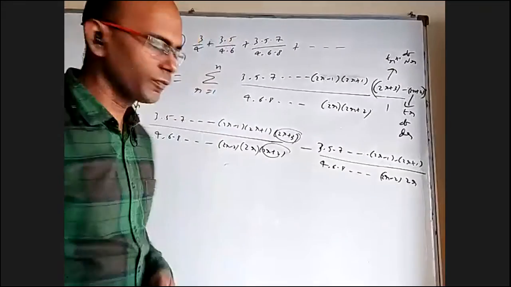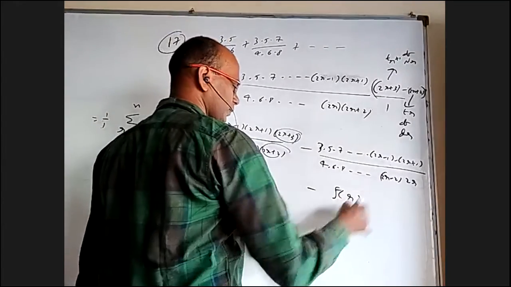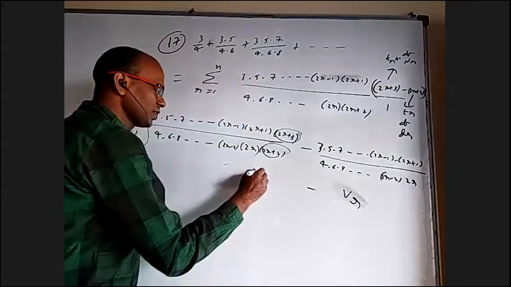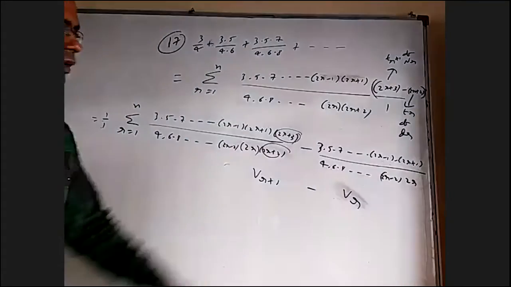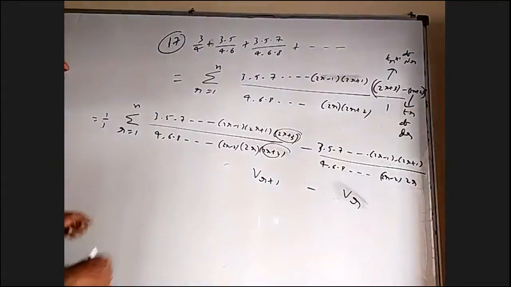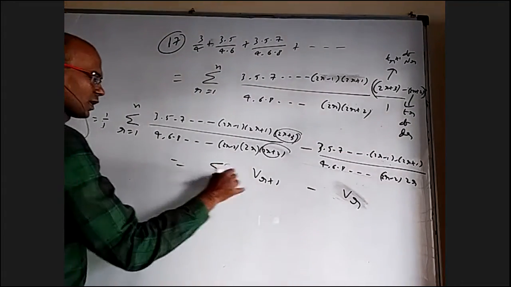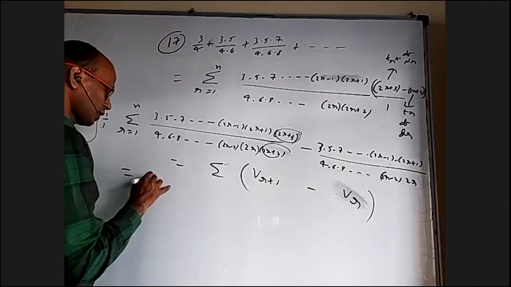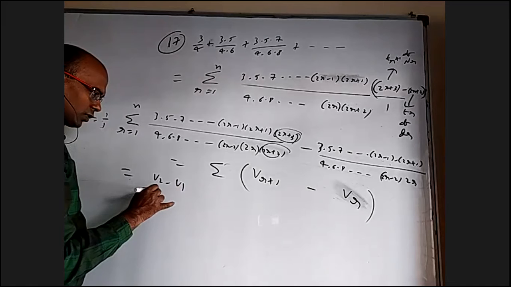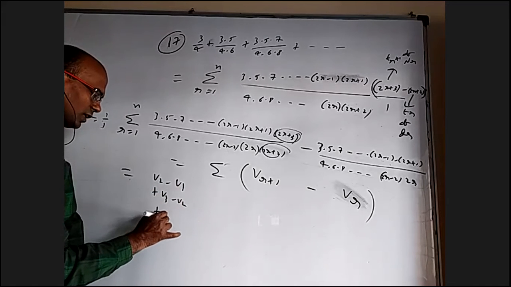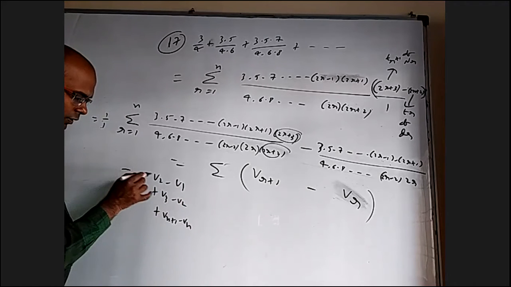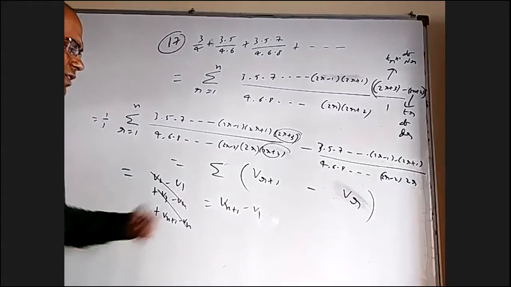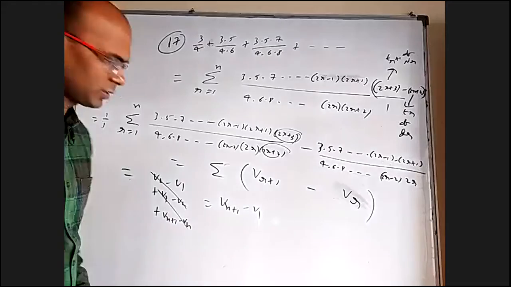So if you call this f of r, or vr, something like that, this is going to be vr plus 1, because replacing r with r plus 1 gives this. So that is the sum of vr plus 1 minus vr. When you put r equal to 1, it is v2 minus v1. When you put r equal to 2, it is v3 minus v2. Finally, it is vn plus 1 minus vn. When you cancel all of them, you will get vn plus 1 minus v1. Later I was writing f of n plus 1 minus f of 1. Now we are writing it this way, not a big deal.